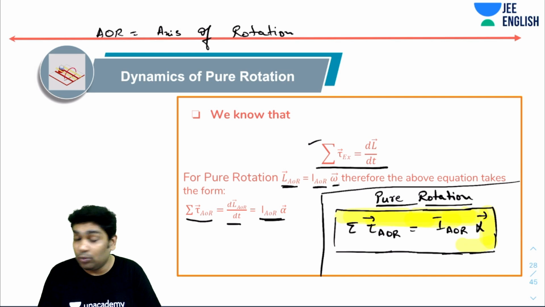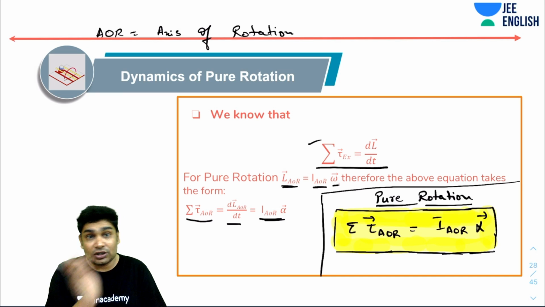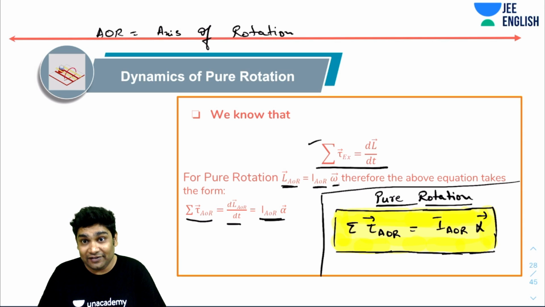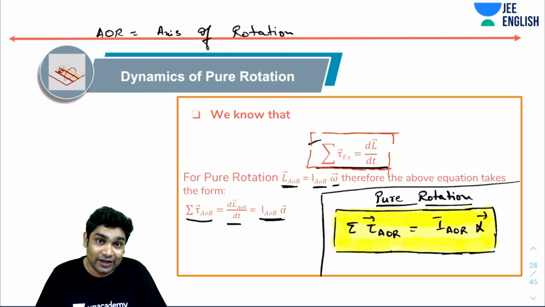Please remember that since you take the I about axis of rotation, obviously you're calculating the angular momentum about axis of rotation. You also need to consider your torques about the axis of rotation. If you're taking torques about some other point, then do not blindly use this equation or even use tau equals I alpha. You need to be very careful while using this. Why? Because the formula for L will change. If you're taking torques about some random axis, then the formula of L you would have had to use